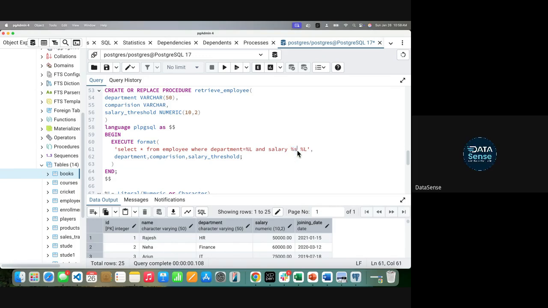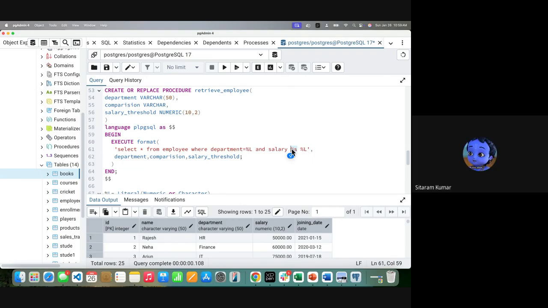How will you pass a value to this parameter without a name? No, I get this %S. But like I'm saying, how we have described it, department equal to %L, and she's asking the field. Which field? I'm not getting it.